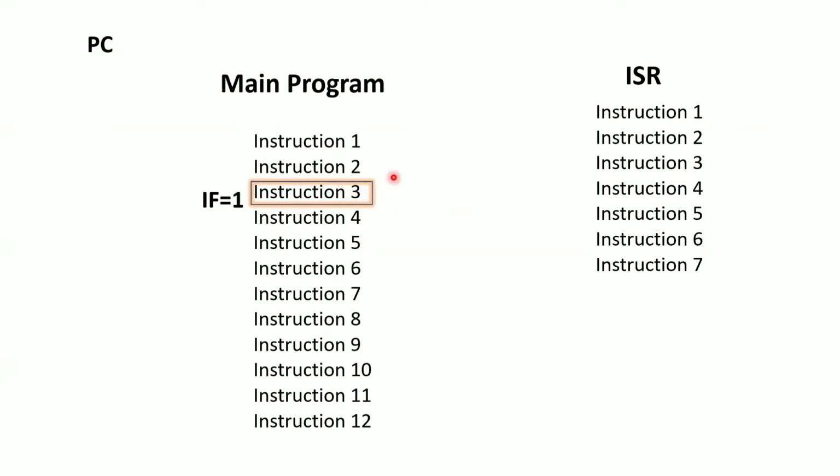During instruction 3, the address of instruction 4 should be there in your program counter, because the processor will know which instruction I need to fetch next, decode next, and execute next, right? Because of this program counter. So the program counter will store the address of instruction 4 now.